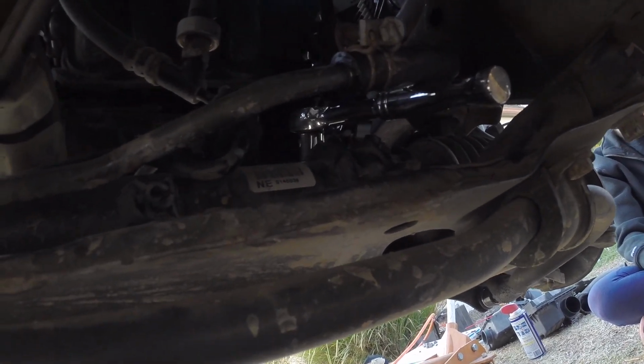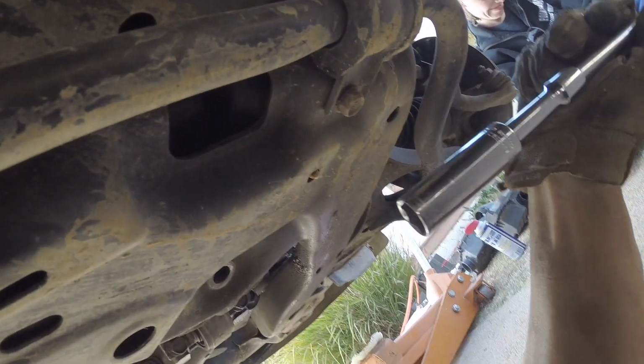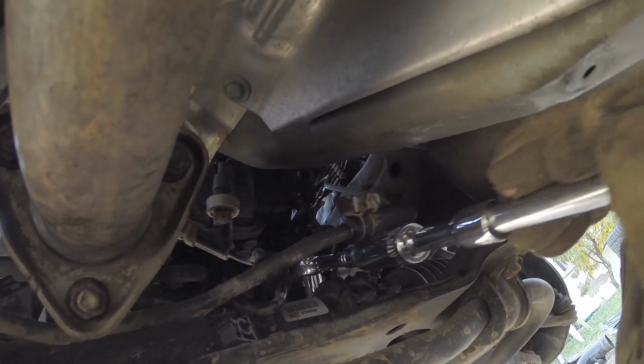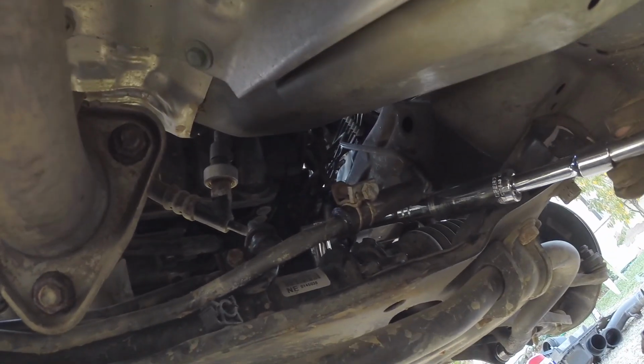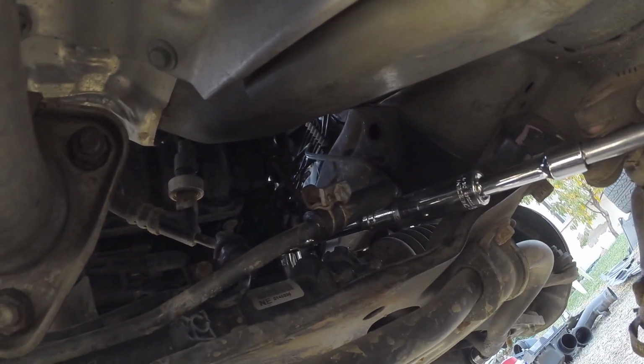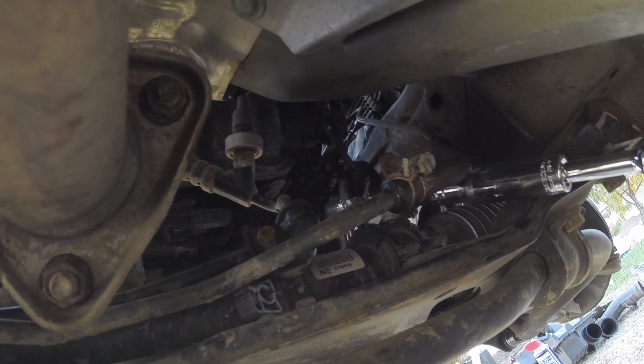I just have a 3/8 drive, and then I have a 16-inch socket, or 60 millimeter socket, with a couple extensions tied together to get some leverage. And then I connect the 16-inch to the 3/8 drive, and that's the way I got leverage to basically create your own breaker bar. So if you don't have a breaker bar, a 3/8